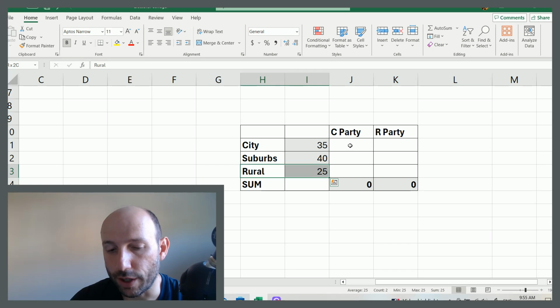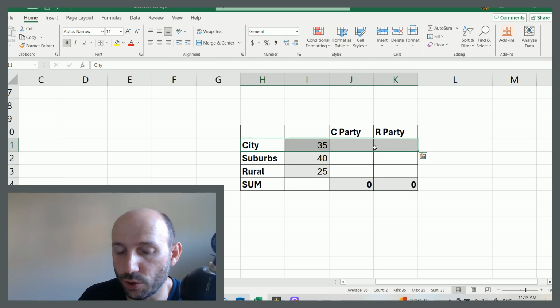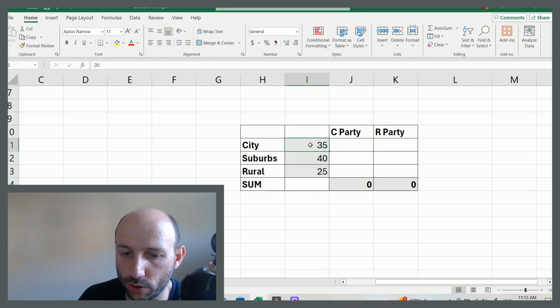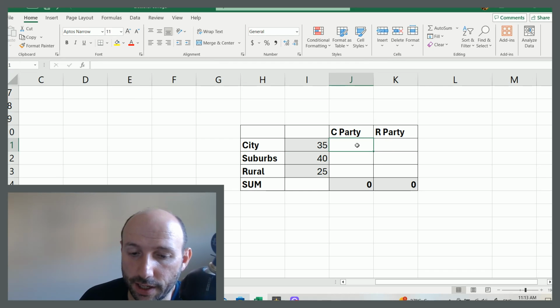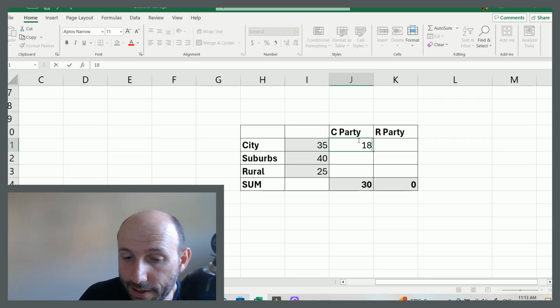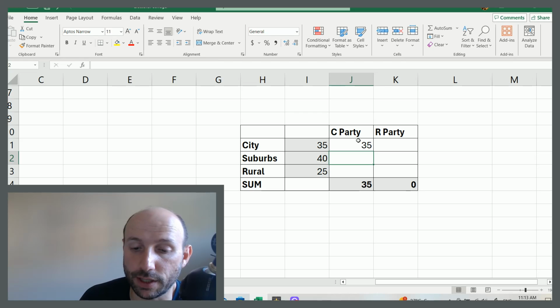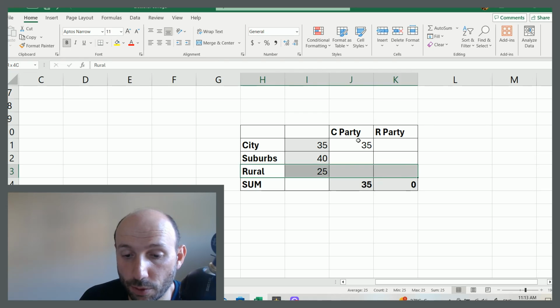Okay, so in this situation, if you've got an electoral college, it doesn't matter what percent of the vote you win in a state, you get all of the electoral points of that state, okay, for most states, right? So let's say for the city state, do you win 20 out of those 35 that live there, or do you win 30, or do you win 18, right? As long as you win most of the votes in that state, you get all 35 of those electoral points, right?